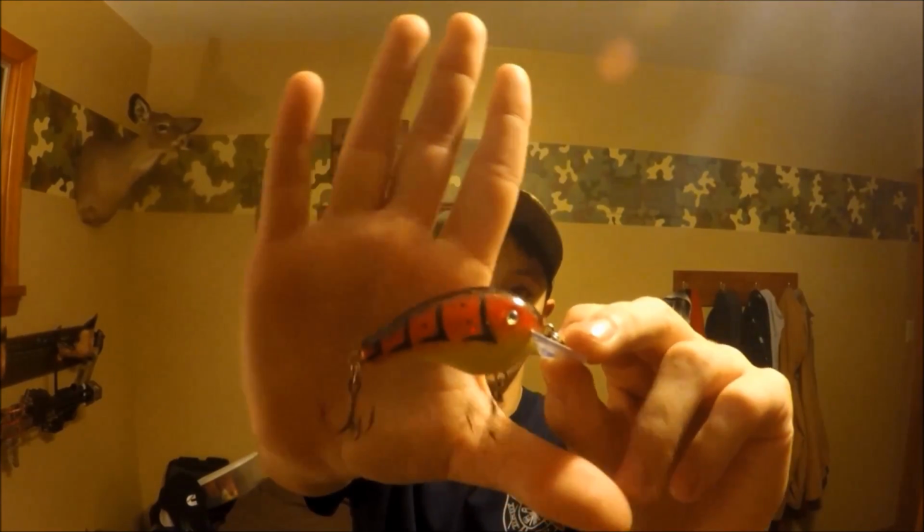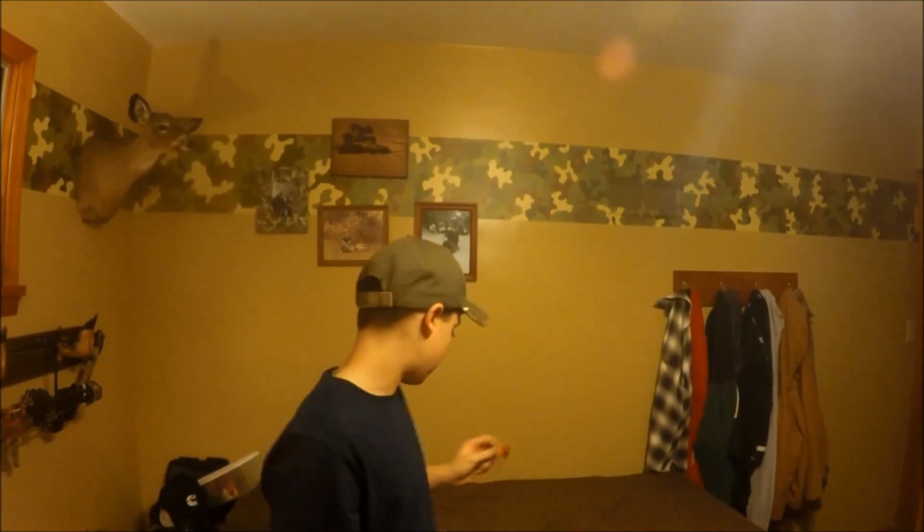So here I've got orange and chartreuse with a black back because there's a lot of baitfish. There's some shad, so I like the yellow belly on it. And then the black back looks like the...